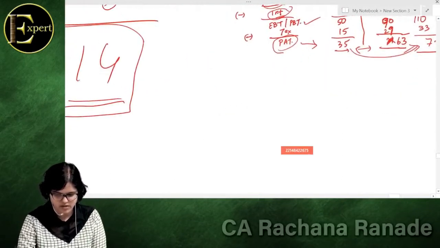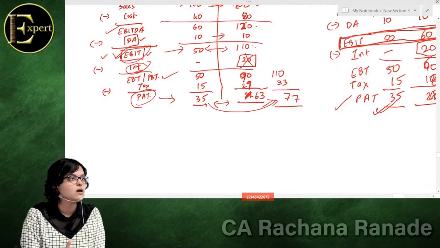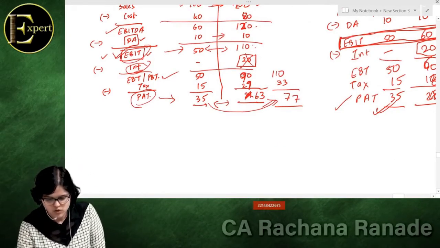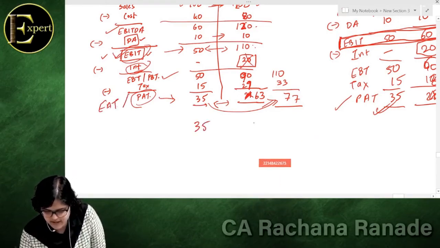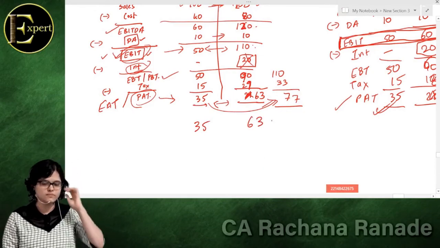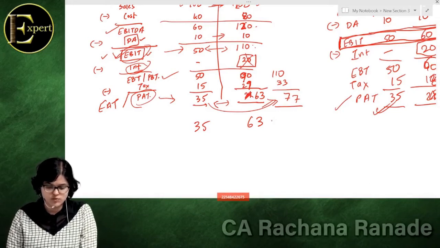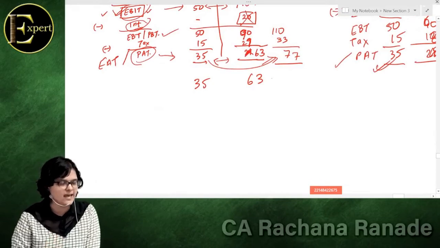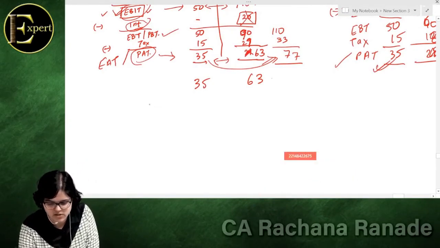I might have written somewhere. I always write PAT or EAT. EAT क्या है? Earning after tax. What is PAT? Profit after tax. So my final earning in this example is 35 and 63, let us say. Now again understand the analysis part, okay? Assume that, I know it's a very small figure, but assume that company A has only 10 shares. Just for analysis purpose. So number of shares that the company has is 10.